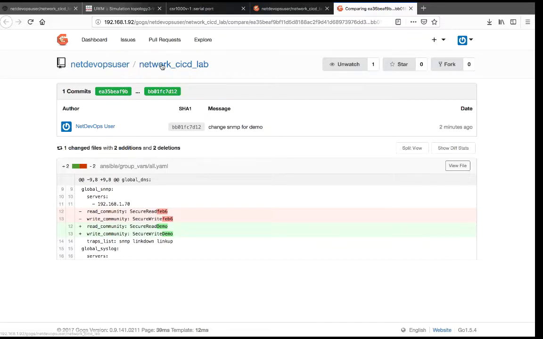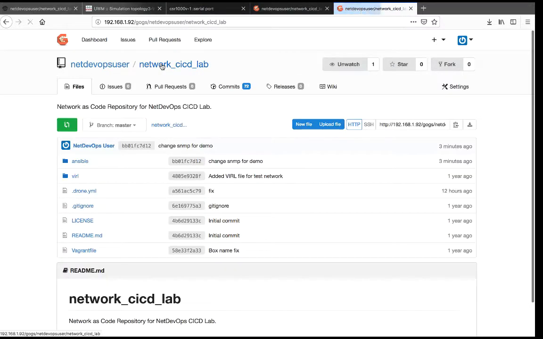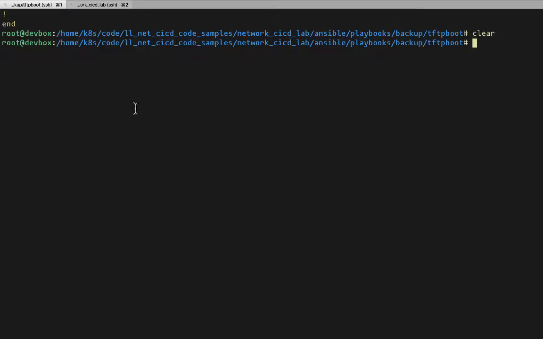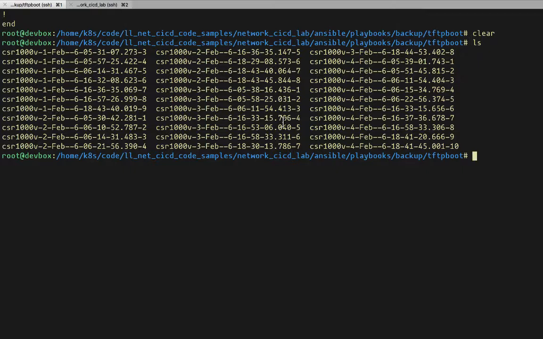So we do have a single source of truth, which is very important to maintain for all of our code that aligns with our configuration management, our configurations from the router, which we'll take a look at as well. All of our configurations are stored in this TFTP boot directory. They do have a date and timestamp, so we can take the last saved configuration and make sure that our